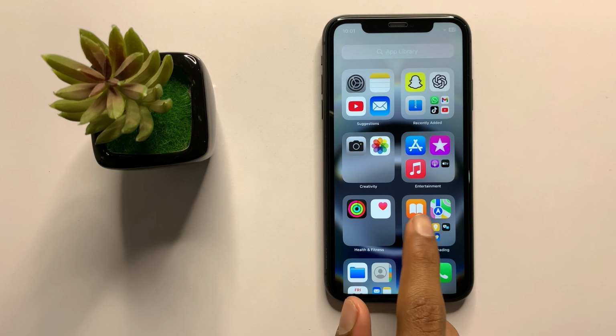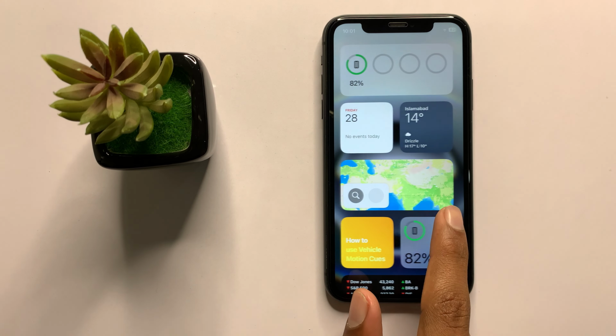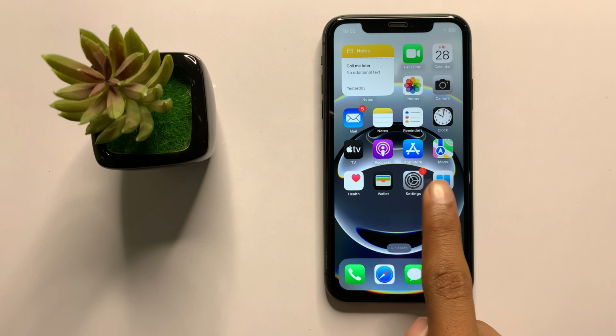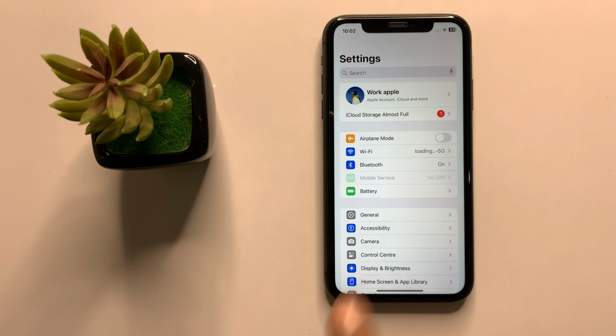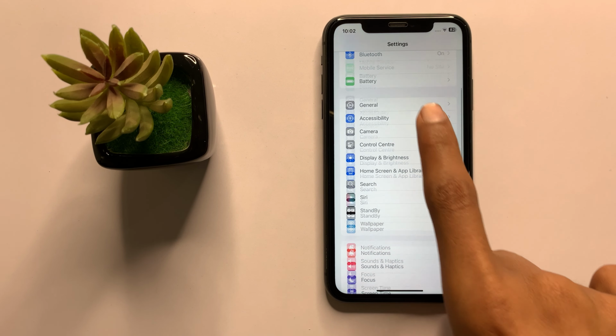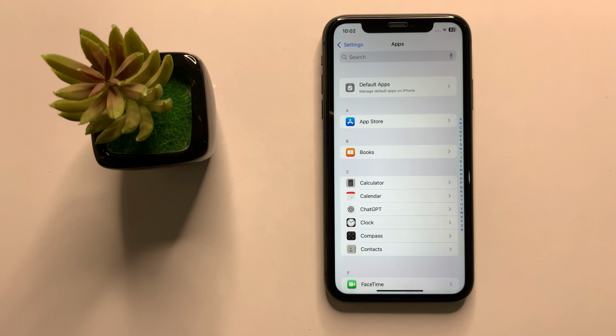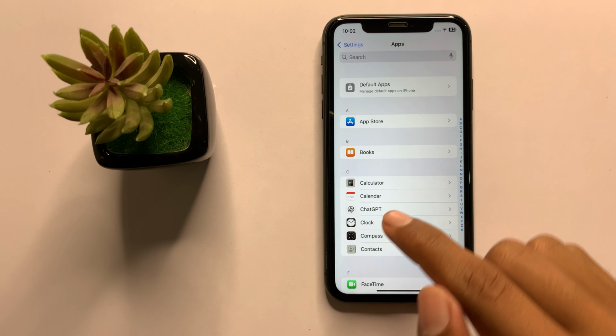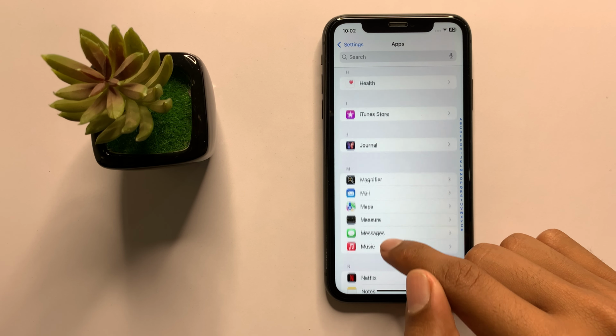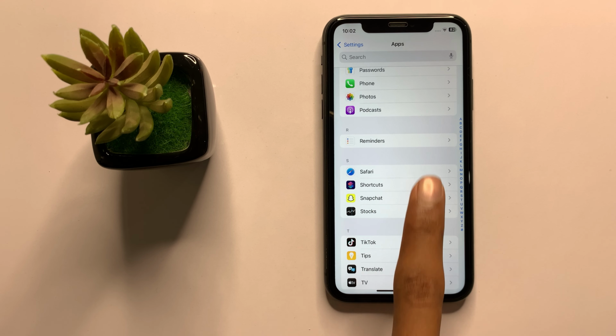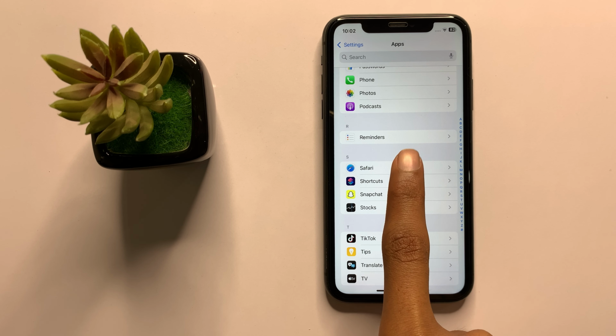First of all, open settings. In settings, scroll down to the last and here you can see the option Apps. Now click on Apps and then scroll down and here you can see the option Safari. Now click on Safari